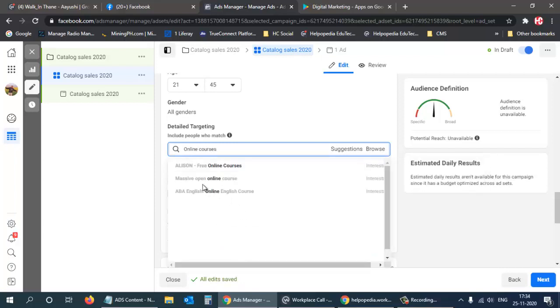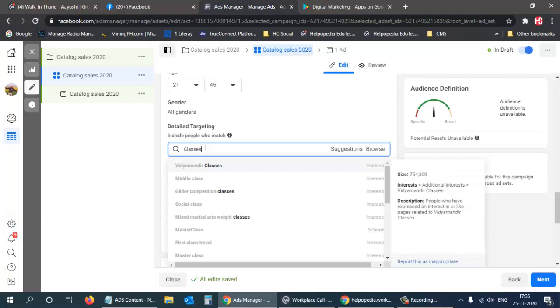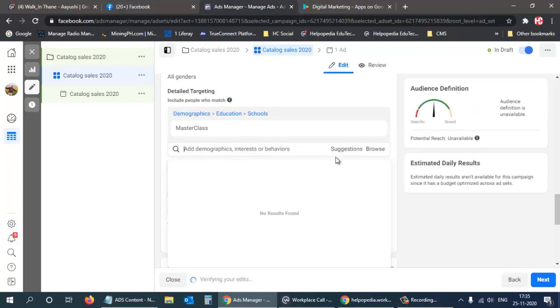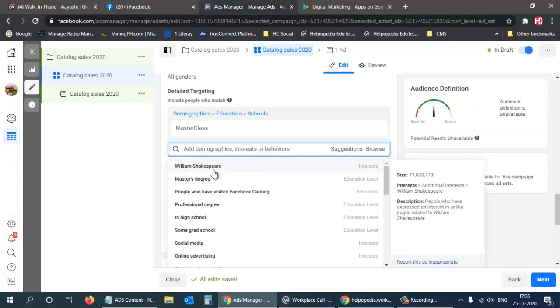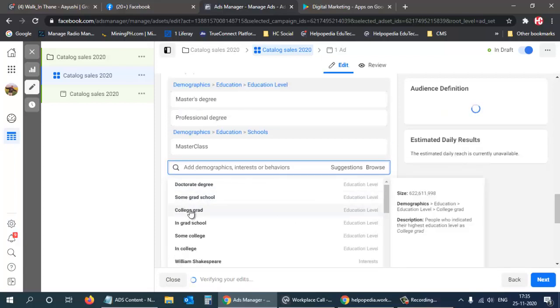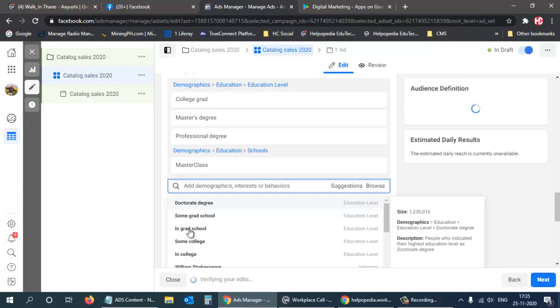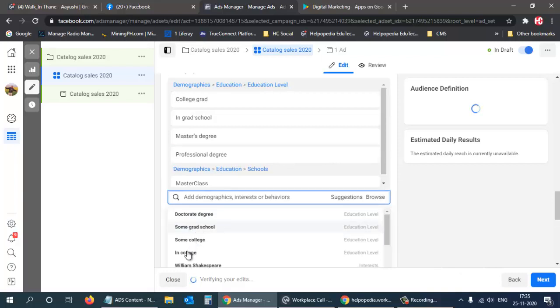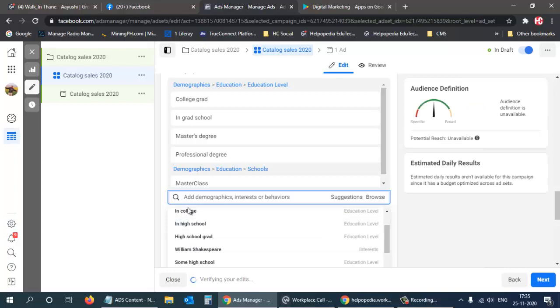So if there are any, then we can get them. Classes, master class, then suggestions: master's degree, professional degree, in high school, college graduates, in graduate school, then in college.